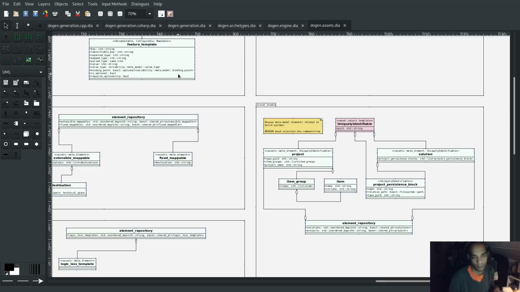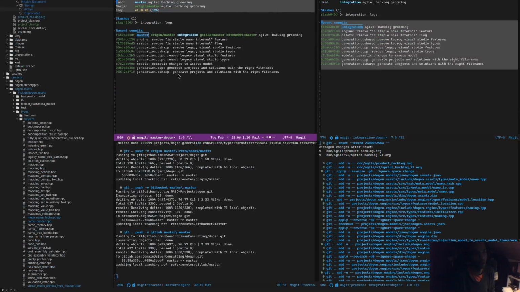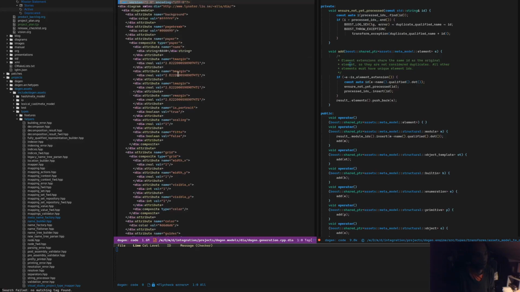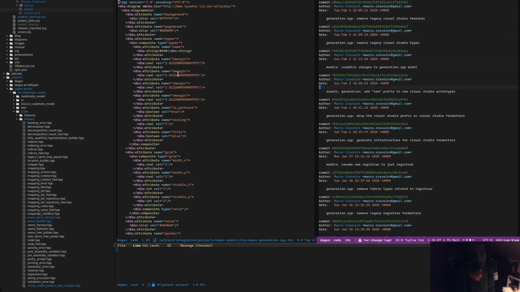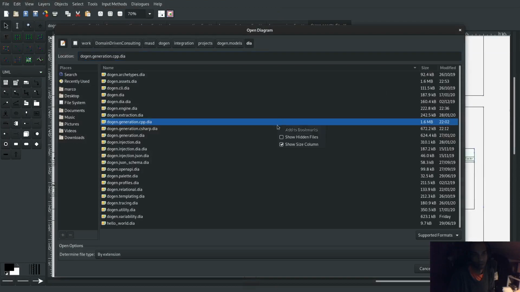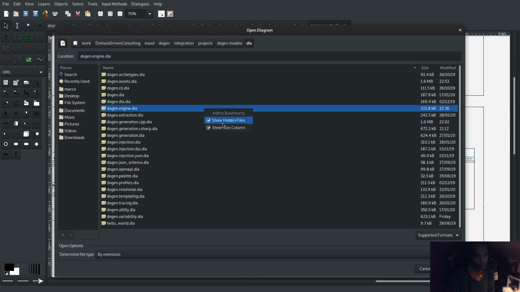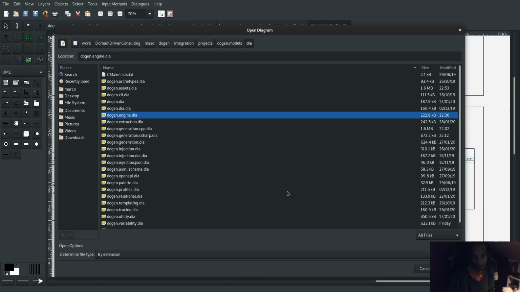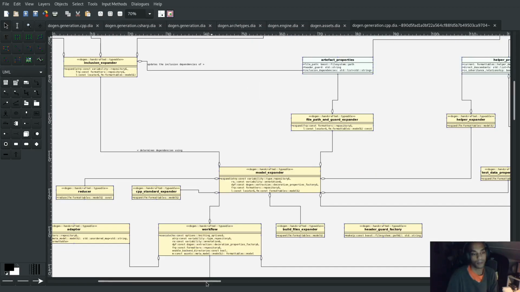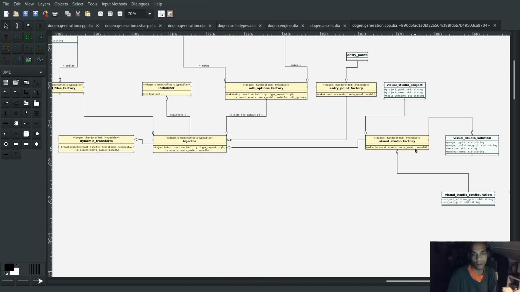So in fact, if I just show you for comparison, I could just quickly hop over to one of the models. So for example, if I take generation of C++ and if we just ask Emacs to give us a history of this, something around here. So if I just locate, interestingly enough, I can't see all files. So this is how the model looked before we started the refactoring, and you can see here we used to